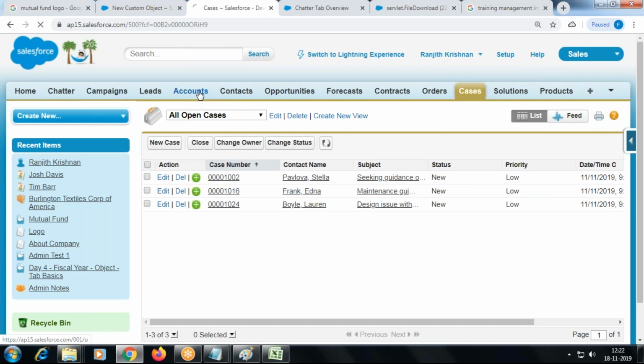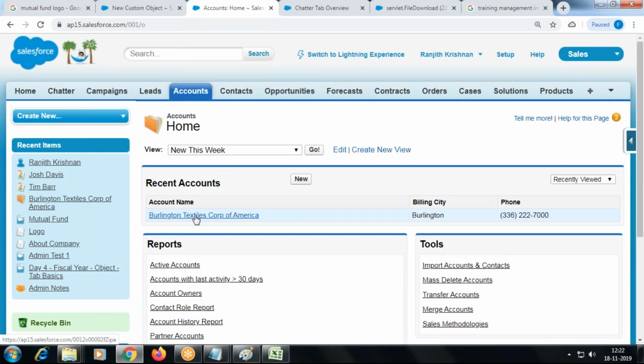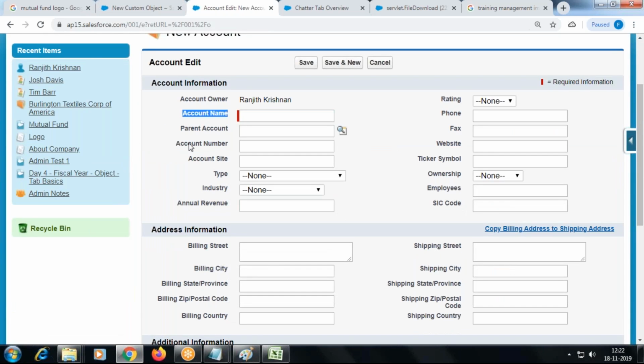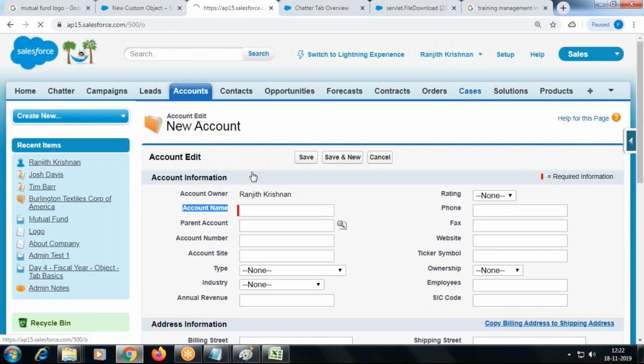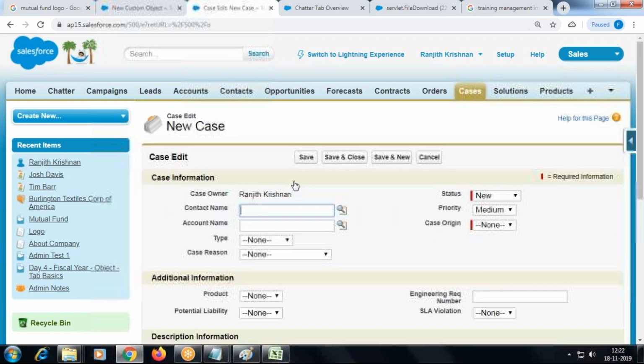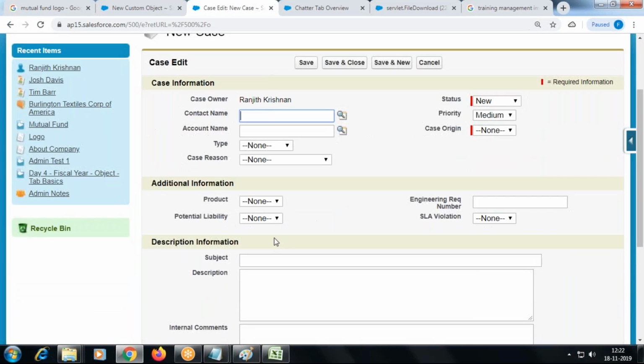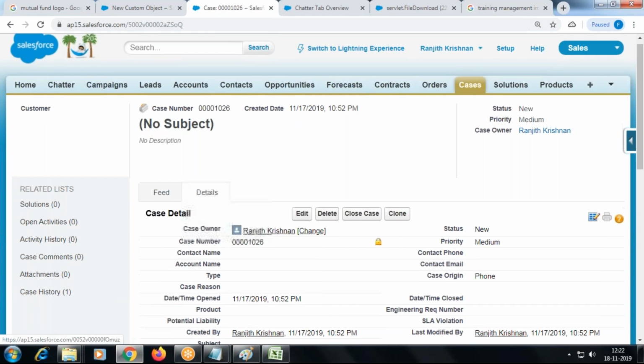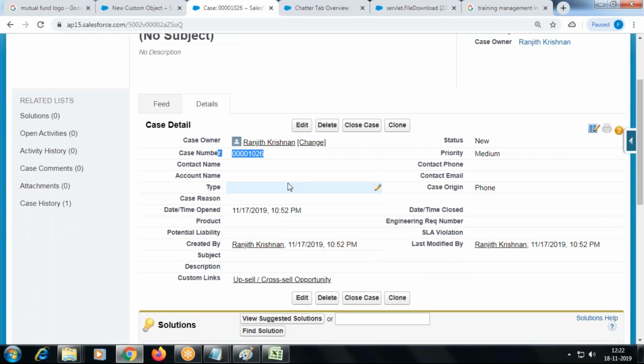I go to the account. What is this? It's a record name field, but what type? Text type. If it is a text type, it's a mandatory field. We have to provide a value. If it is auto number type, it's going to be automatically generated whenever a row is inserted.